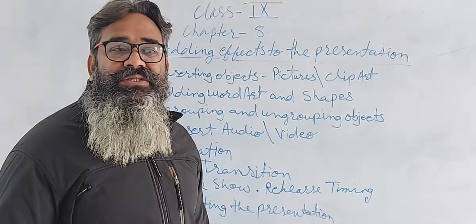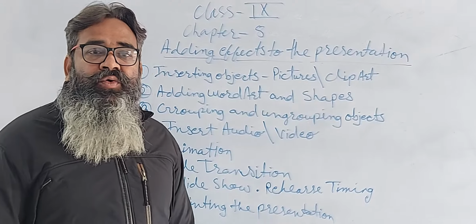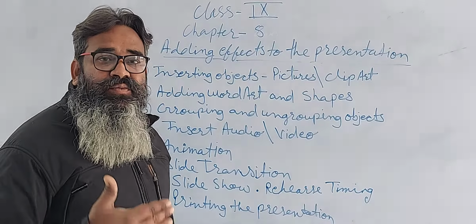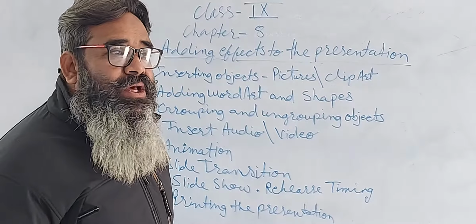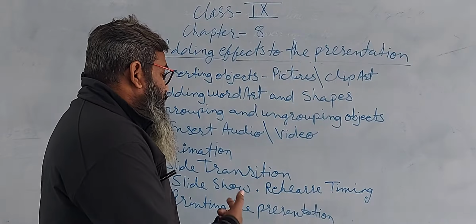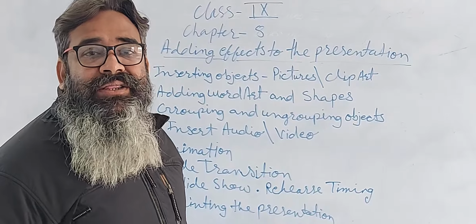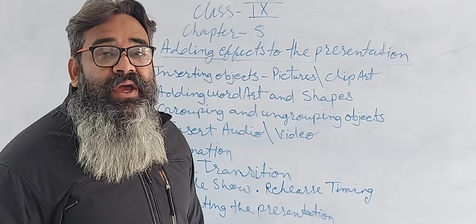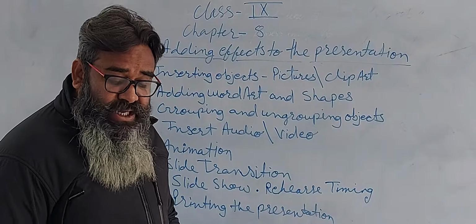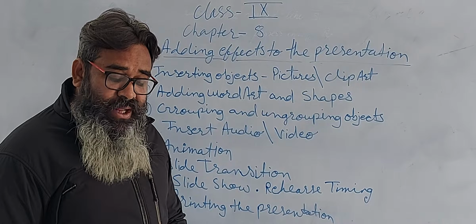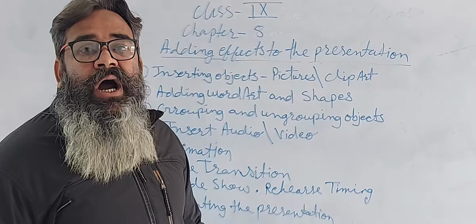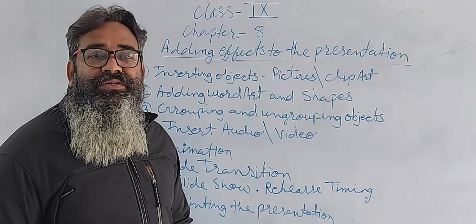Therefore, slide transition. Slide transition means we have 4 or 5 or 10 to 15 slides, and we move through the slides one by one. Moving from one slide to another is a slide transition, and we can also animate it with sound or some different kind of animation. Slide transitions are the motion effects that occur when you move from one slide to the next during the PowerPoint presentation, as I mentioned.